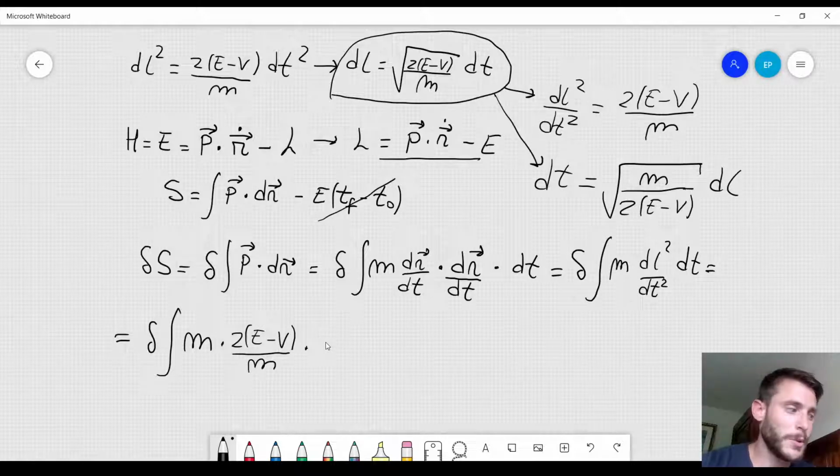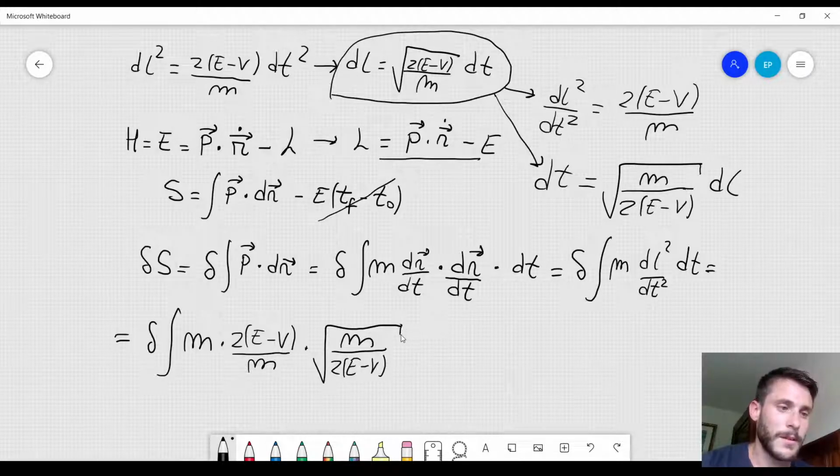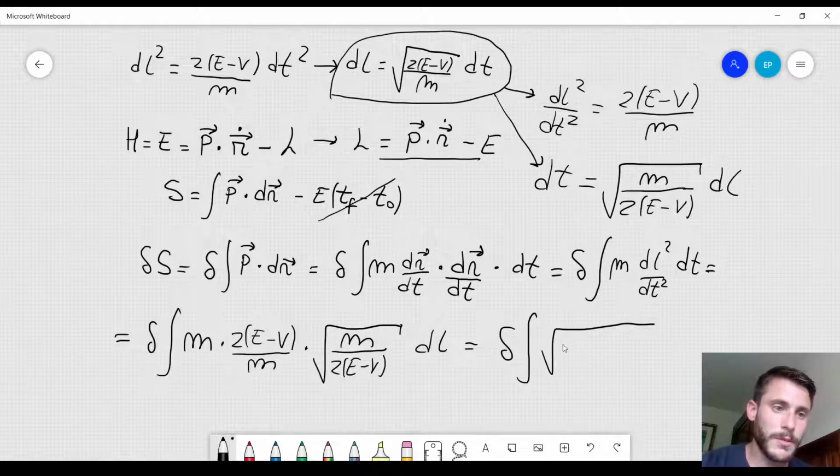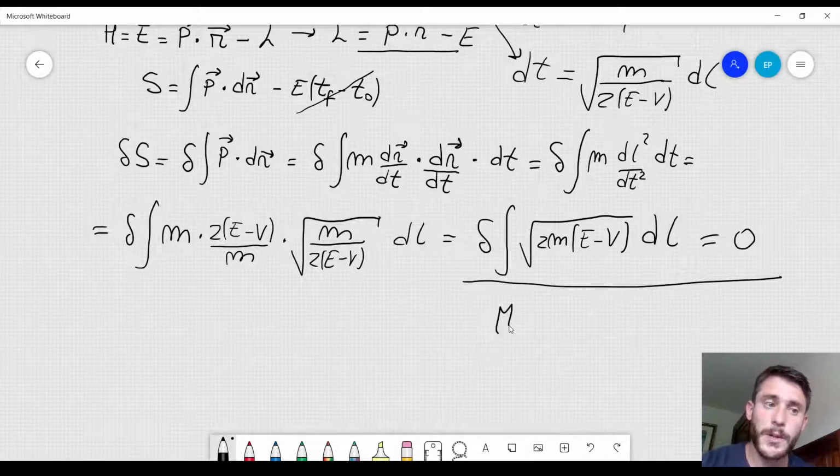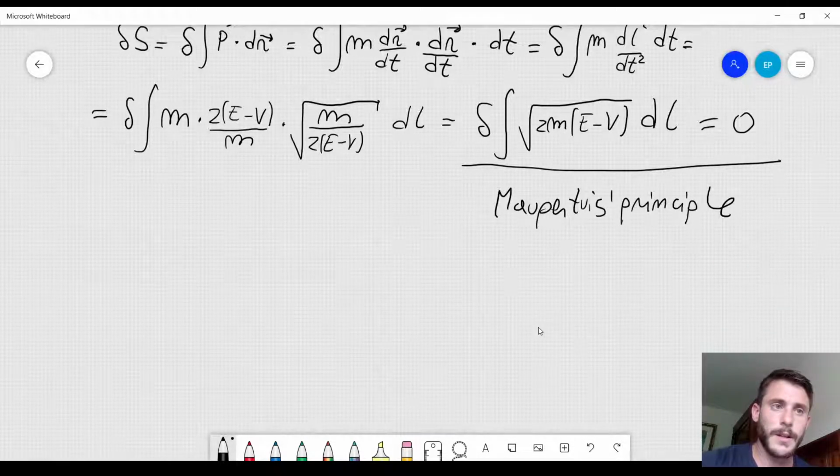And that's what I'm going to put here. So I have the square root of m divided by 2, (E minus V) dl. And I can rewrite this as the variation of the integral of the square root of 2m(E minus V) dl. And I want the variation of the action to be equal to 0. Now when I reformulate the action principle in terms of dl, this is called Maupertuis principle, and therefore I can